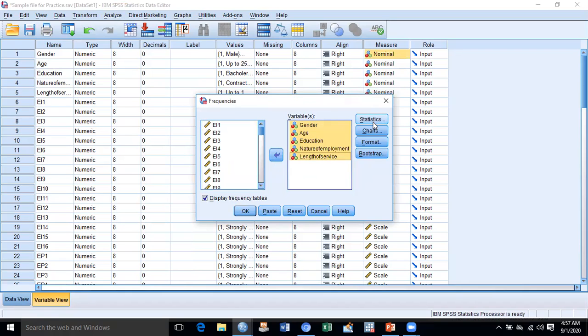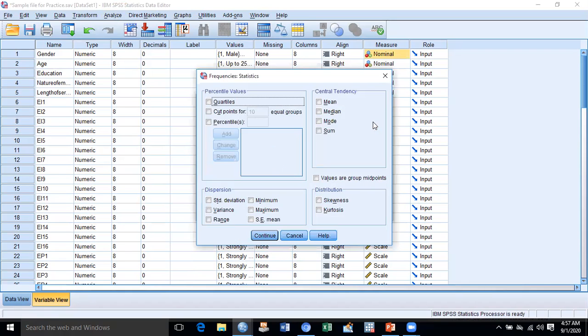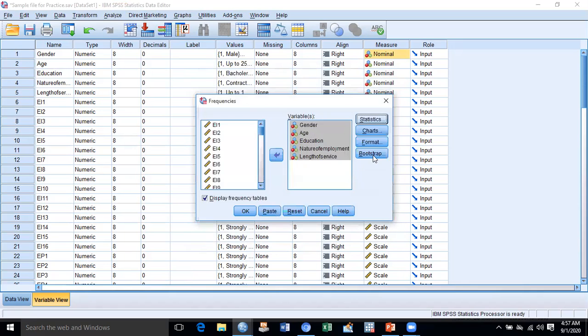And here I can select the statistics, what type of statistics we require. We can select here mean, median, mode, sum of square, quartiles, etc. Even I can select standard deviation, minimum, maximum values, variance, range, and standard error. Currently we are not going to conduct these results, and we can cancel it.